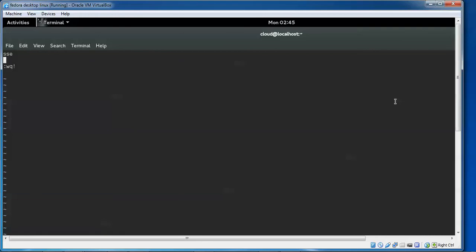Now we need to set the numbers. For that, type :set nu and press Enter. You can see on screen the line numbers have been set. If you want to remove those numbers, press :set nonu and Enter. The numbers have been removed. If you want to put the numbers again, type :set nu. If you want to go to a line, for example number 2, type :2 and press Enter. It goes directly to that line.